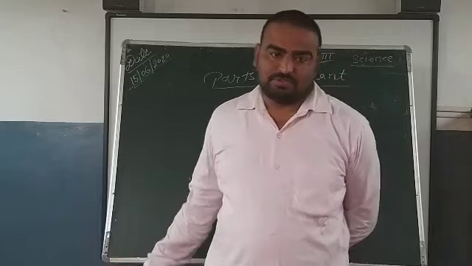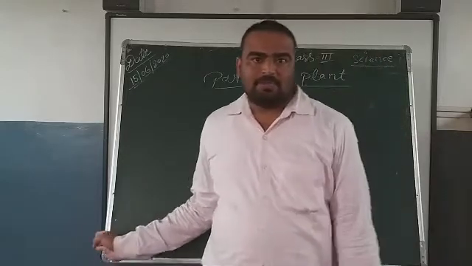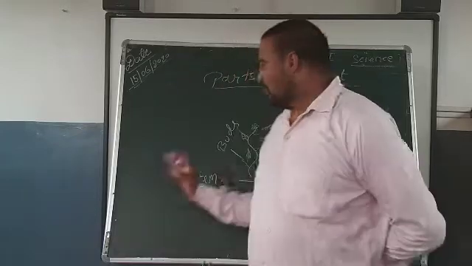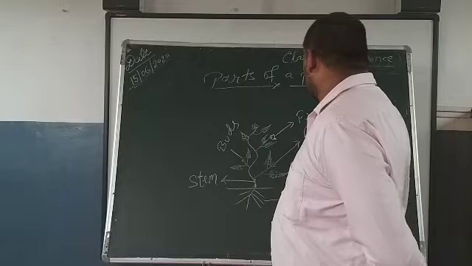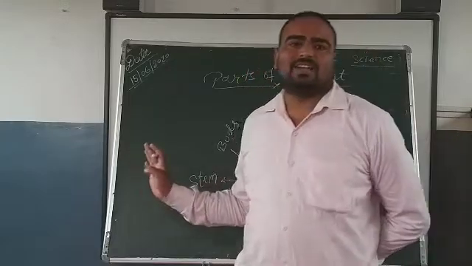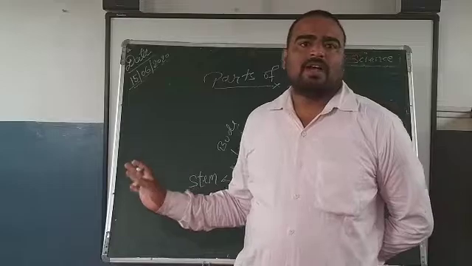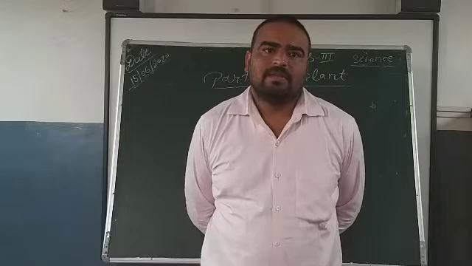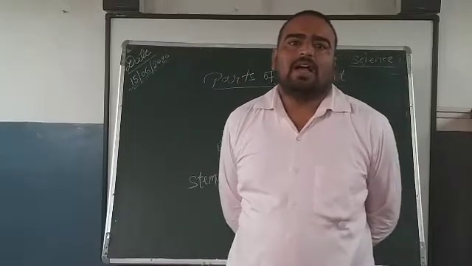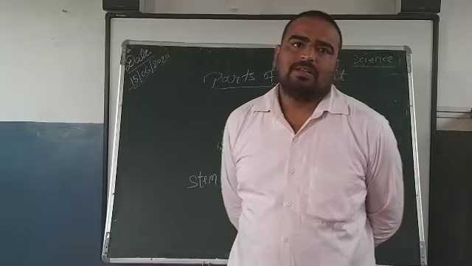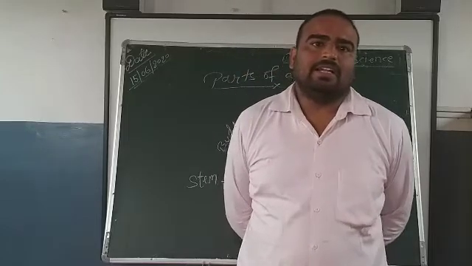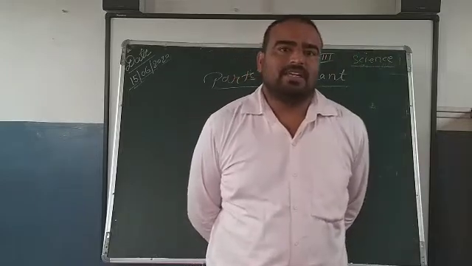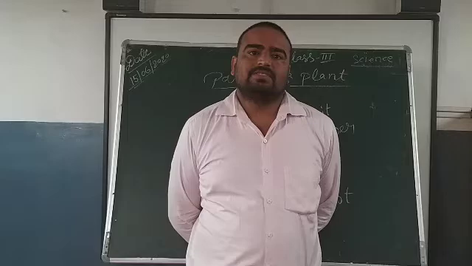What is the function of shoot? The shoot is the part of a plant that grows above the ground. It bears all the things like branches, buds, fruit, flower, leaf. These parts are borne by the shoot. Now, what is the function of stem? The stem is the backbone of a plant. Big and tall trees have hard and thick stems called trunks. Banyan and peepal have thick stems. Herbs, creepers and climbers have thin and weak stems.